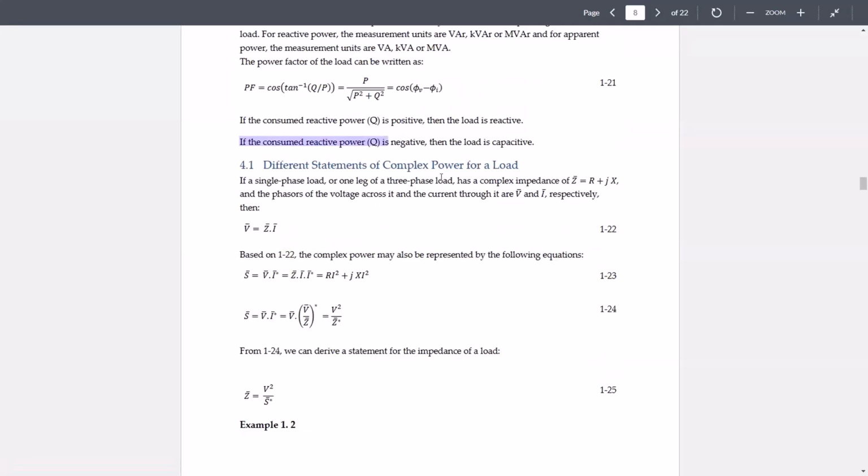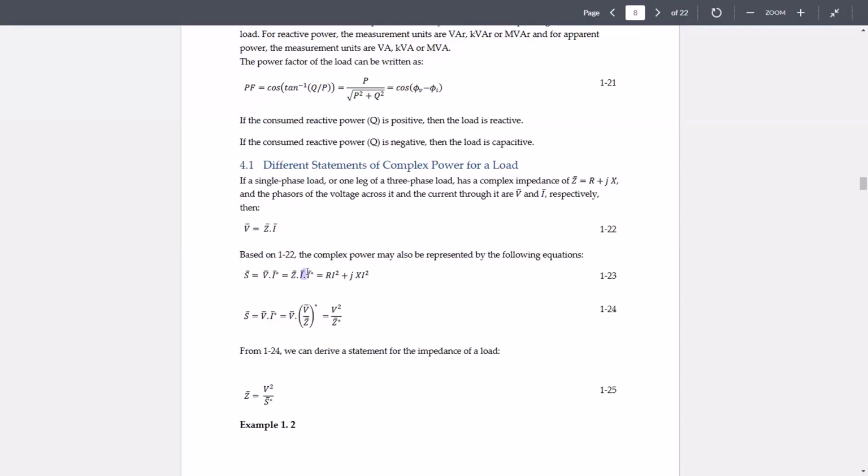Now we can have other statements for complex power of a load. So if you have a single phase load with an impedance of R plus jX, and the phasors of the voltage across it and the current through it are V bar and I bar, then we know that based on Ohm's law, V bar should be equal to Z bar times I bar, right? Now, based on this, the complex power of that load is V times I conjugated. So instead of V, you can put Z times I. Now you have Z I I conjugated, which becomes